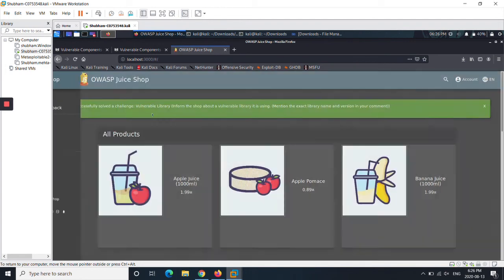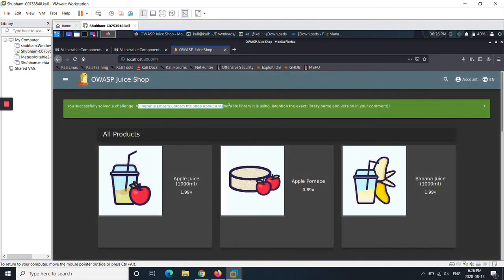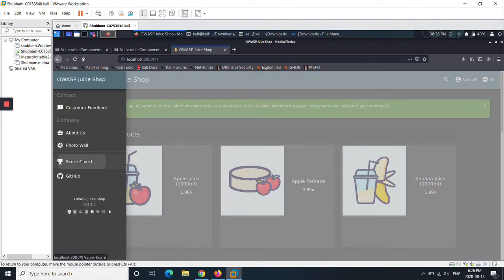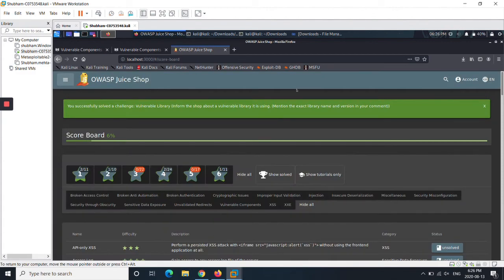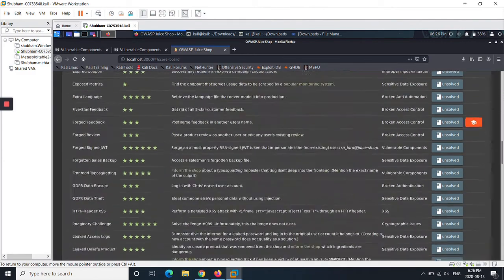See, yeah, it is showing that I have completed, but why is it not showing in the scoreboard? Maybe I have to reload the scoreboard again. So let's hope this time it shows. Yeah, the internet is slow, that's why it is not working properly. The challenge is done, but I just have to show it. Yeah, in level 4.